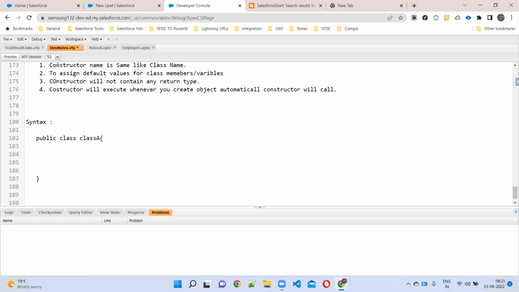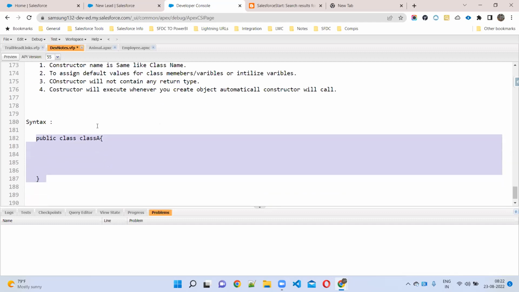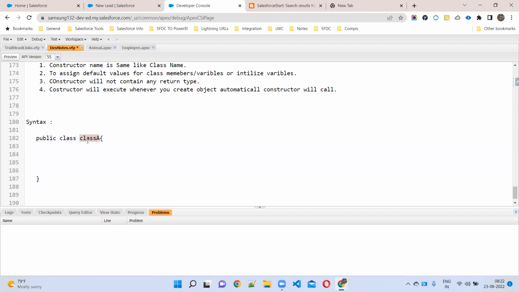Now, if I want to create a constructor, to assign default values for class members or initialize variables. Initializing variables and default values are not the same, sir. If you want to initialize variables, or allocate some default memory, we can use a constructor. Now tell me how we can create a constructor. The constructor name is the class name.